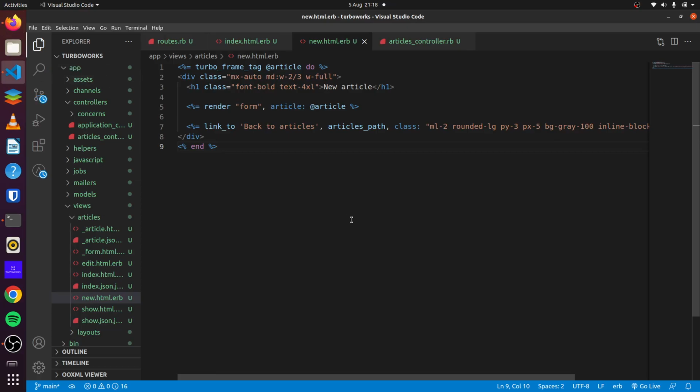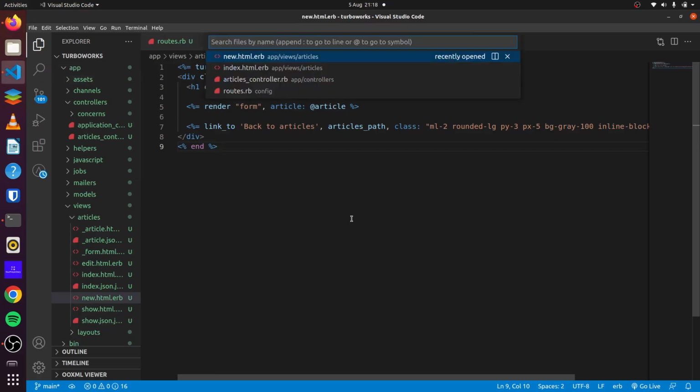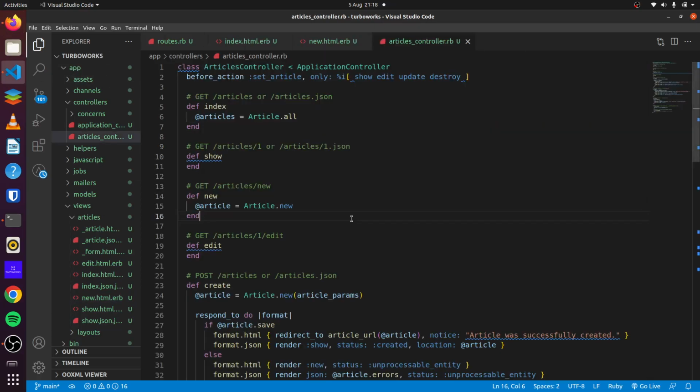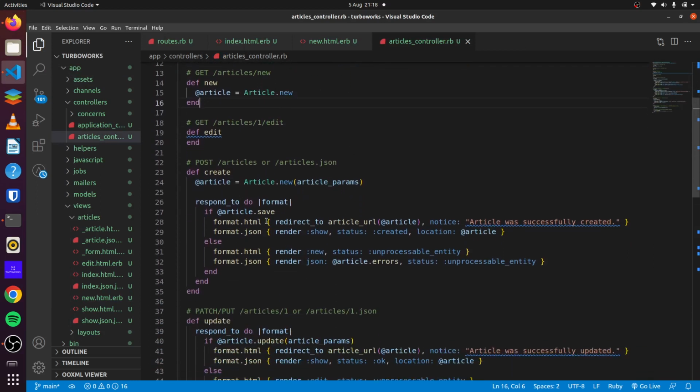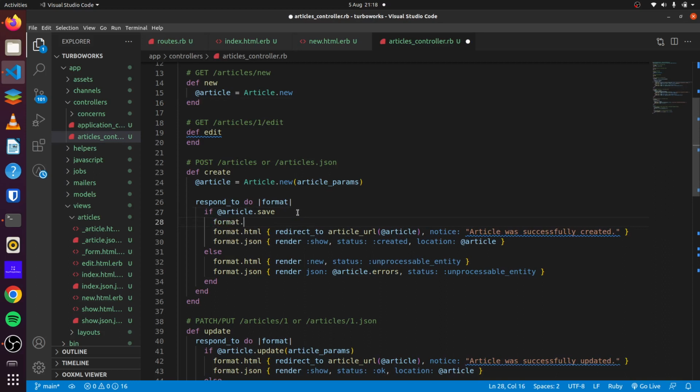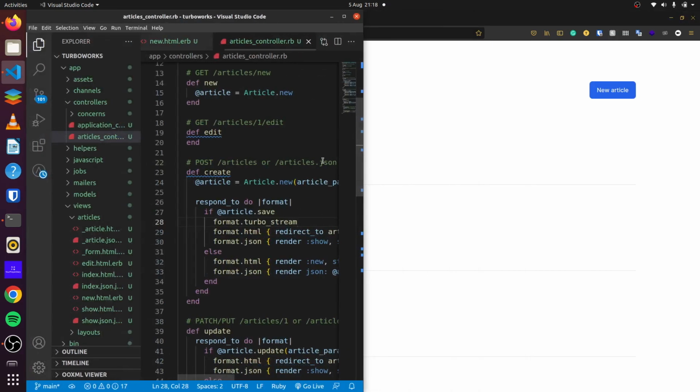So we head over to our articles controller, and we click at our create action. You can see it responds to format HTML and format JSON, but we also want it to respond to a turbo stream. So now that we have done that and we save it,